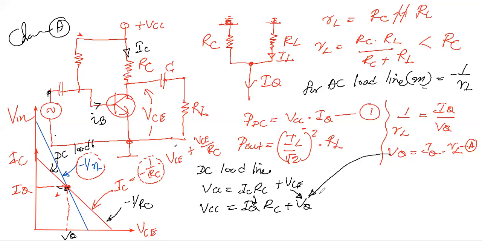If you substitute that VQ into here, then you can find that peak value. Keep in mind that IQ is equal to I peak value. We operate at the middle point. Due to operating this transistor at the middle point, IQ is equal to the peak value. Amplitudes are equal. Therefore, if you substitute the IQ by IP, then you have the equation for IP equal to VCC divided by RC plus simple R.